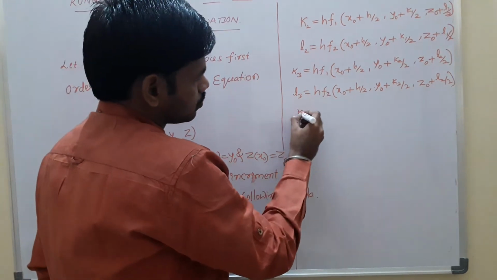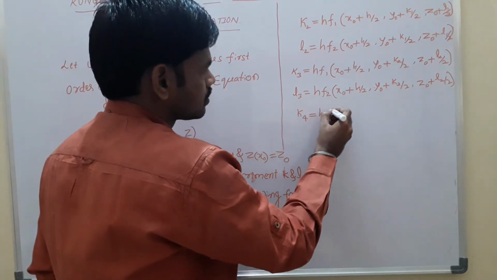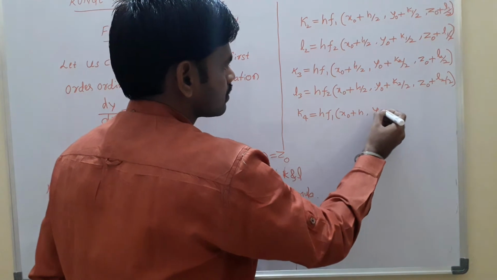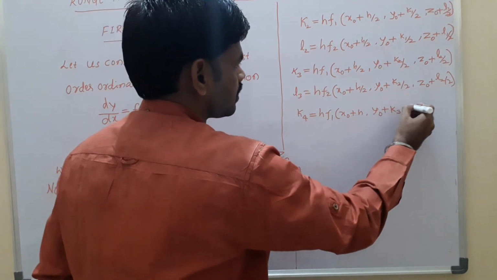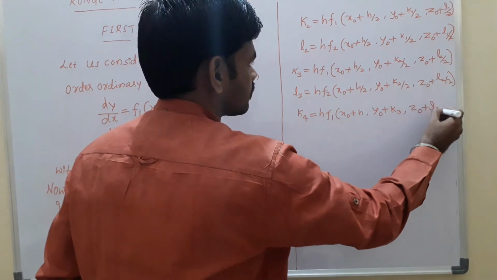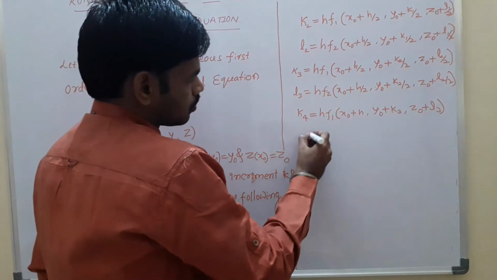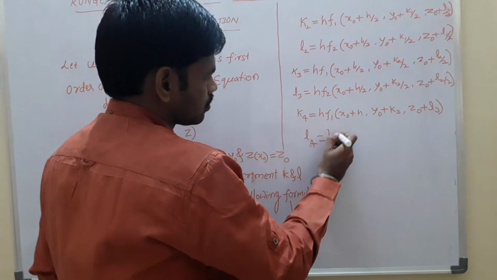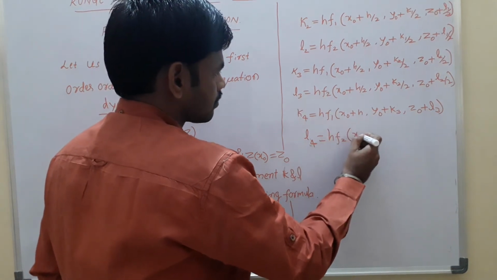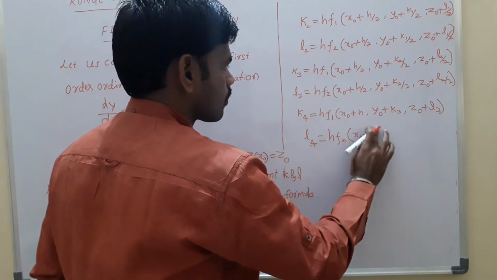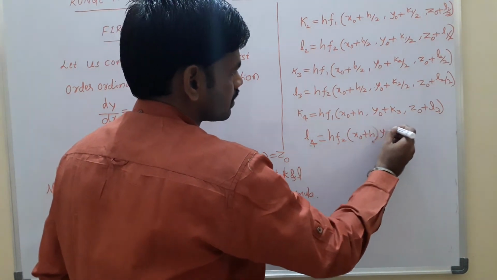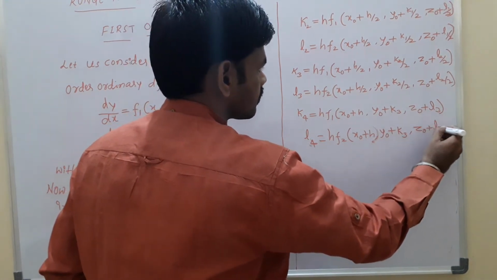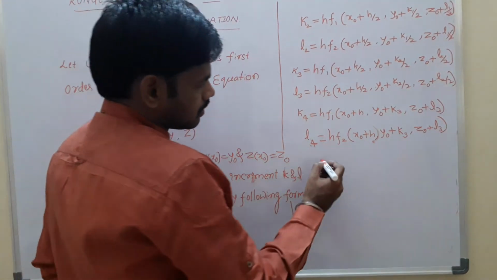Last one, k4 equal to h into f1 x naught plus h, y naught plus k3, z naught plus l3 and l4 equal to h into f2 x naught plus h comma y naught plus k3 comma z naught plus l3